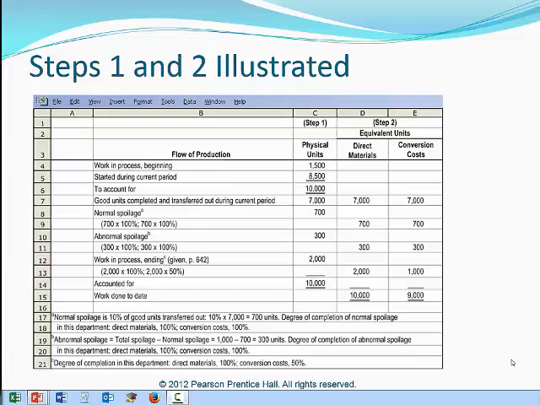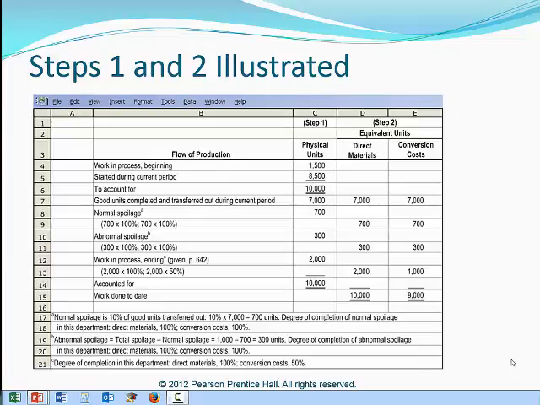All of those units have also received their conversion cost as well. So 7,000 times 100% equals 7,000 for direct materials, and 7,000 times 100% conversion equals 7,000 equivalent units as to